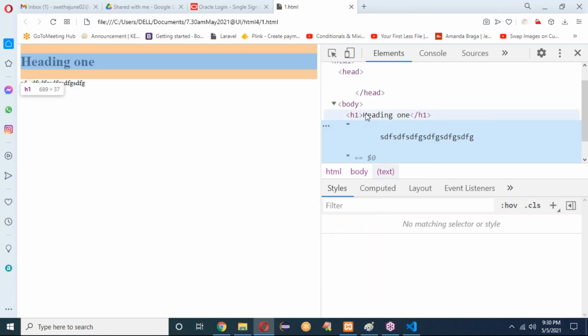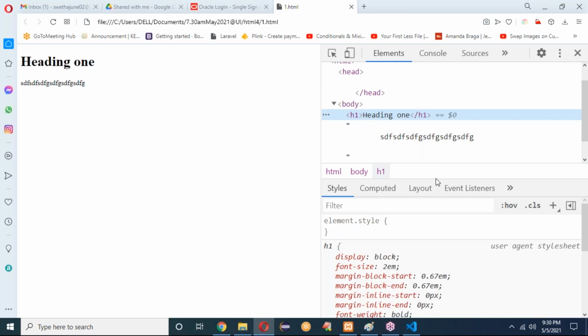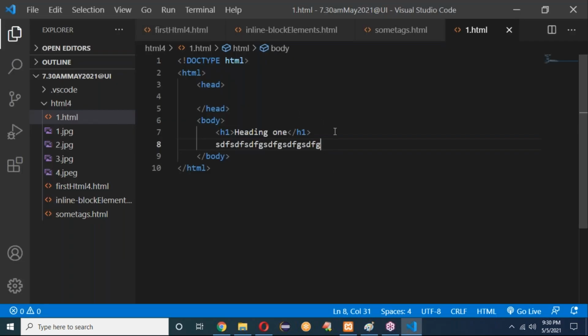If you want, you can check here. The default font size of the H1 tag in all browsers is 2em. Next, what about the H2 tag and H3 tag?